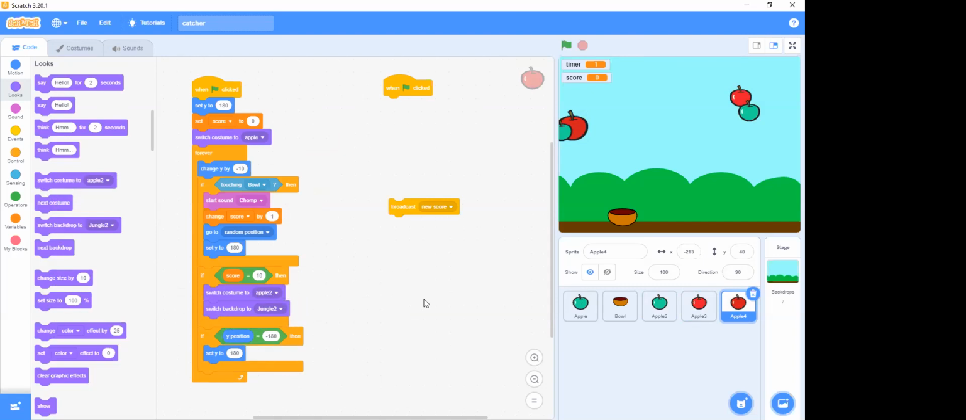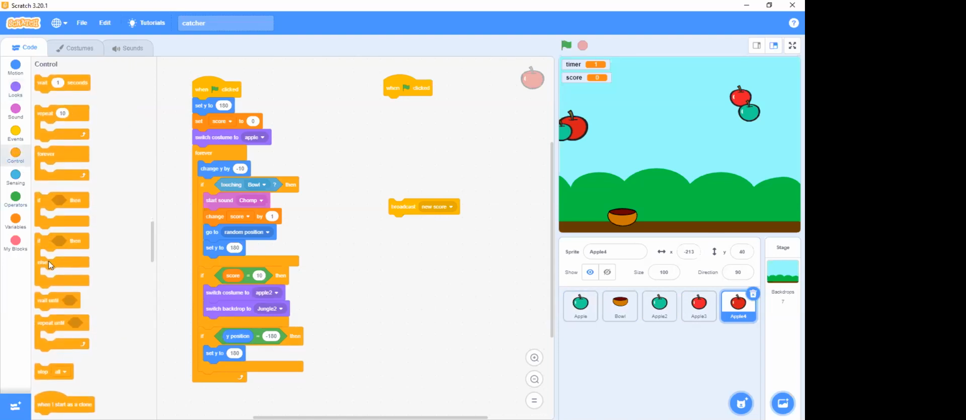So you need to get a score of 10 within 10 seconds or 20 seconds. If you can do that within 20 seconds, you move to stage 2. Okay, so now let's do it. Bring out a control block. If then score,